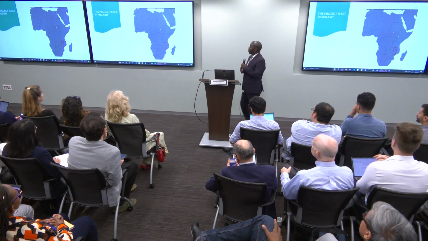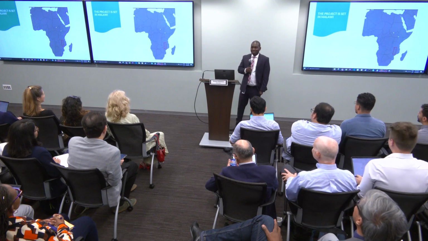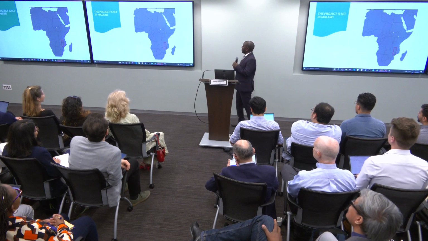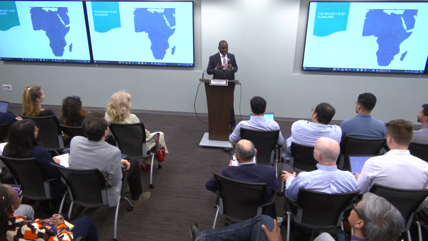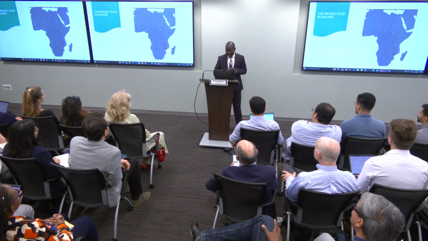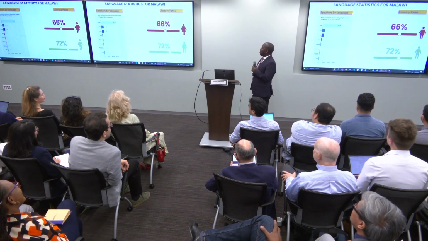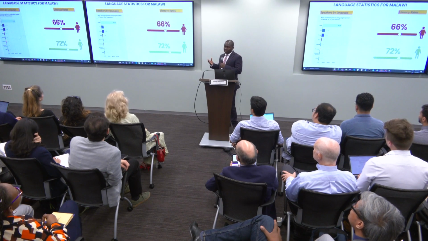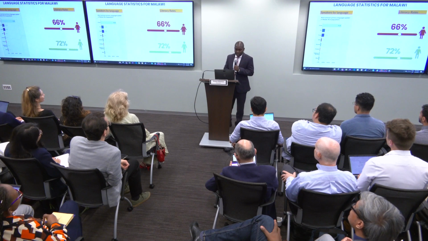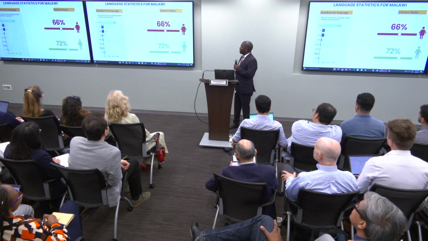So for those who don't know where Malawi is, I mean, for this audience, I suppose you know where most of the African countries are, but that's where Malawi is. And also to mention that I come from there, if you didn't pick that up from my East African accent. So the main languages spoken there, the main one is Chichewa. There it's shown as Chewa, but it's also known as Chichewa. So 70% of the population speak the language.